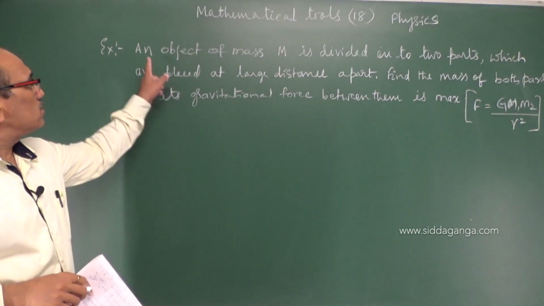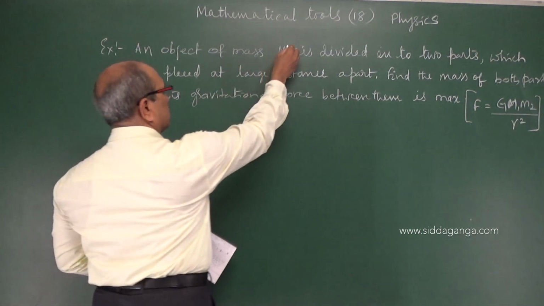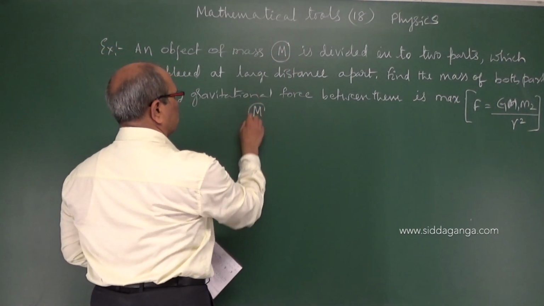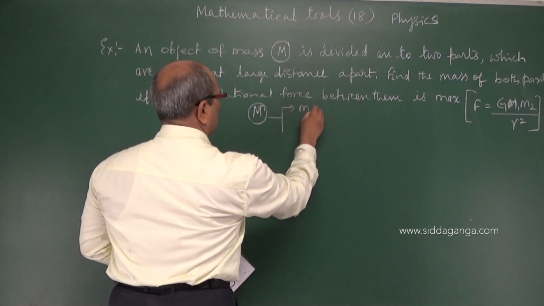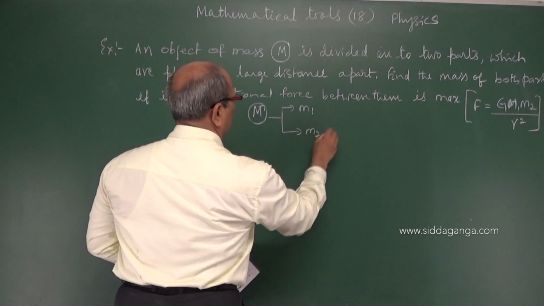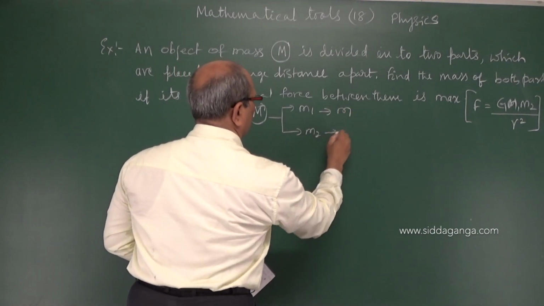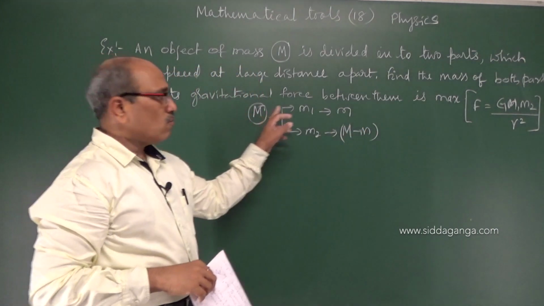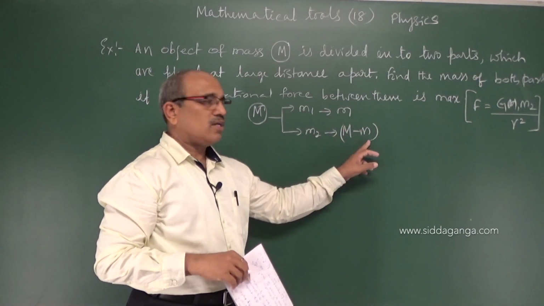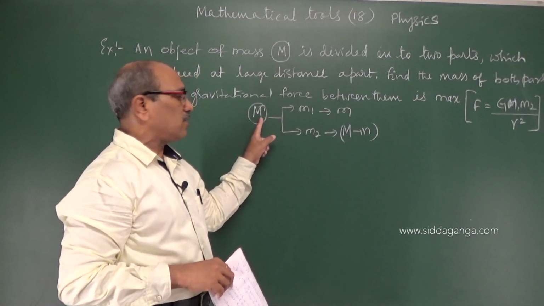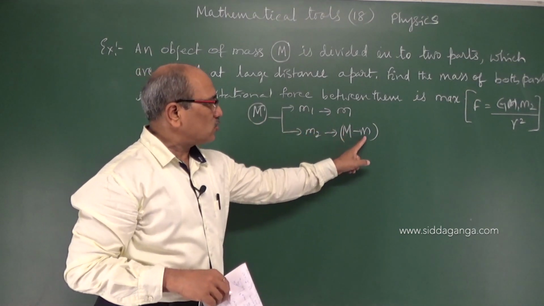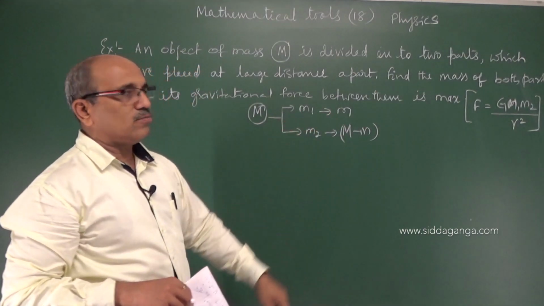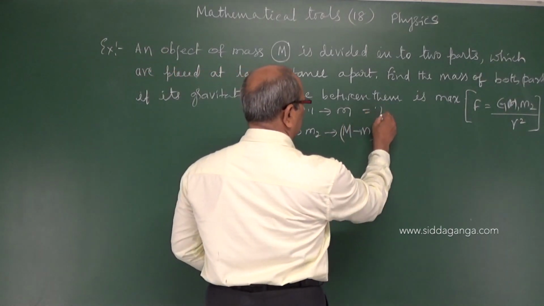See, the question is: an object of mass M, this is the mass M, is divided into two parts. Let us think the mass M is divided into two parts. One may be m1, another may be m2. If I call it m, then the other must be M minus m. I think you followed. If it is 10 kg, one piece becomes 2 kg, means 10 minus 2, the other must be 8 kg, so that the sum of the two must be capital M. They are asking about the mass values m1 and m2, how much? What are the masses of these is the question.